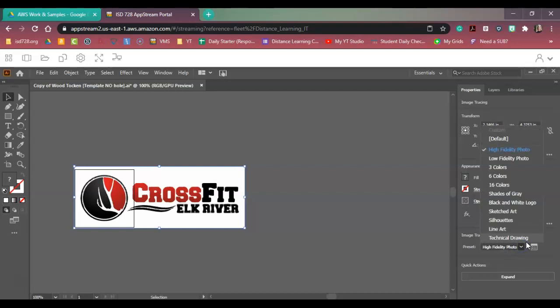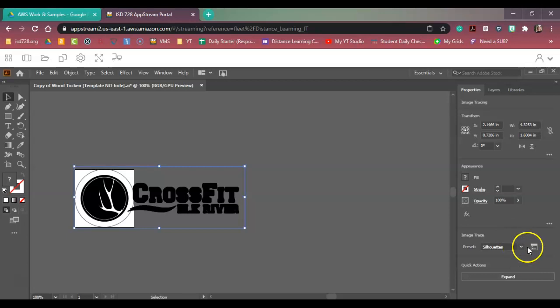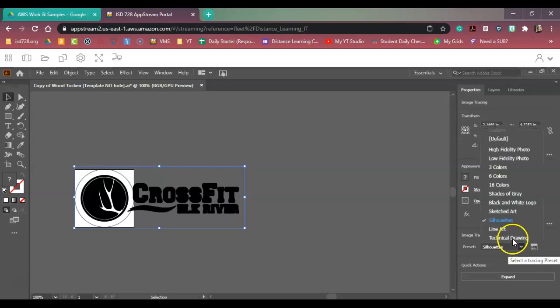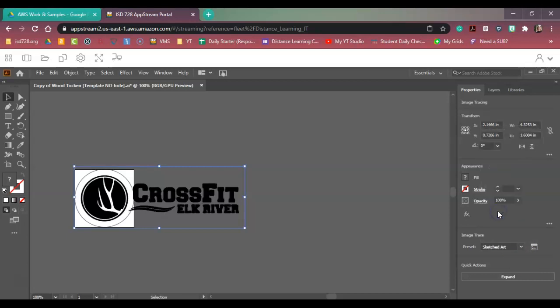I have found the most success for laser engraving images to be anywhere from shades of gray to black and white logo to a sketched art. Every once in a while a silhouette will work as well. I was already playing around with this one, and the one I want to go with I think is sketched art for my specific image. So I chose sketched art and I really like how that turned out. Now I can do a little bit more with it since I've